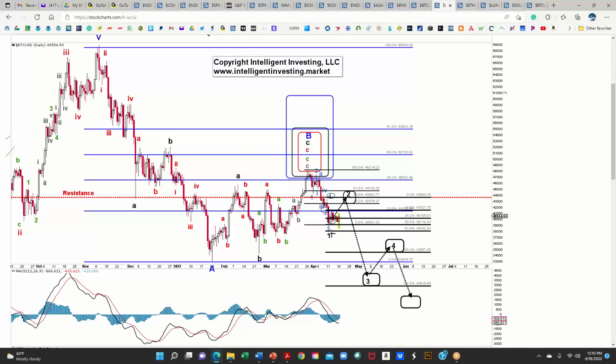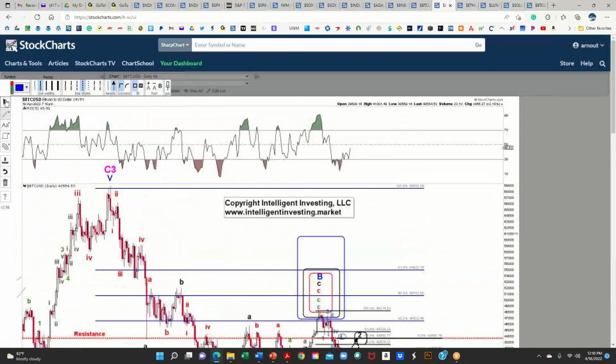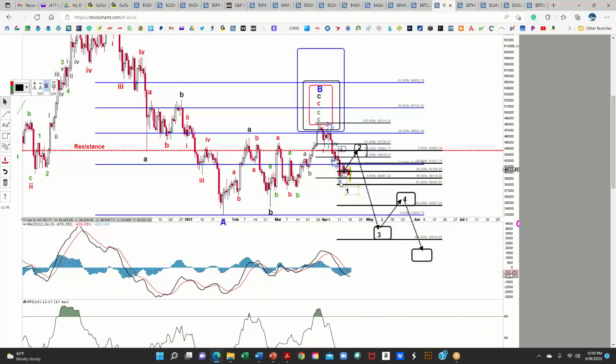All it requires here is a few minor tweaks, that we simply move the wave 5 to here. And that's about it. It can even be an irregular A, B, C of wave 2 as well. That's very possible, so we'll just keep it as is. What we are dealing with here is price that hasn't gone anywhere since today, Sunday, Saturday, Friday, Thursday, Wednesday. It's all pretty much the same, and that always leaves the door open to interpretation.